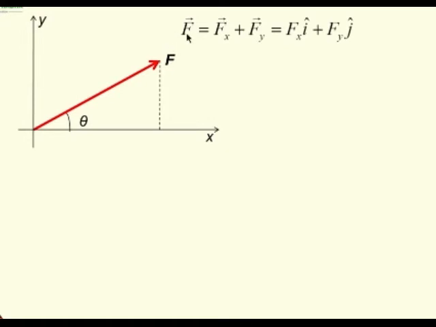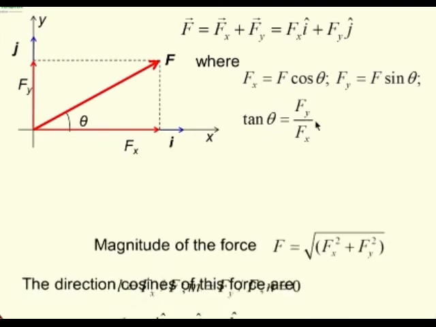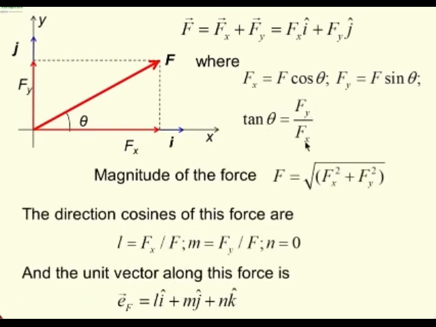I could write the force in terms of the x component and y component. I have Fx i and Fy j, where i and j are the unit vectors in these directions. So, I have this force magnitude Fx and Fy. Then I can write many of this. What is Fx? Fx is nothing but F cos theta, and what is angle theta? It is Fy by Fx.